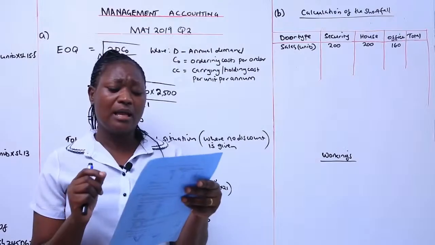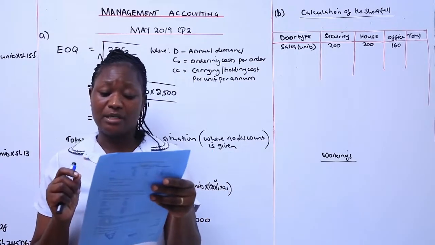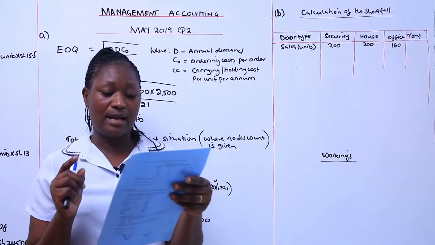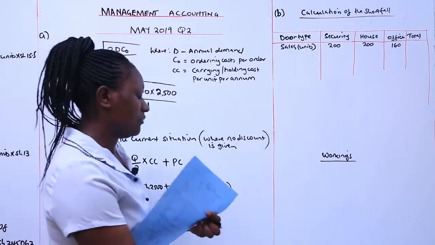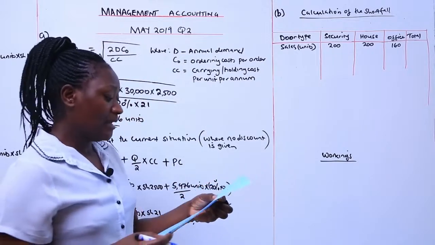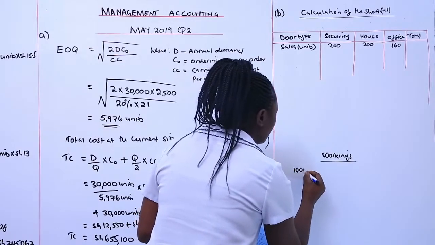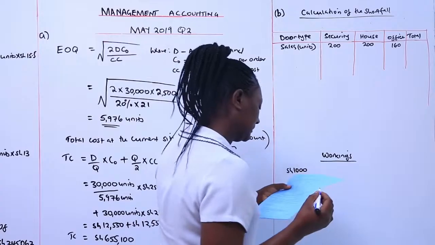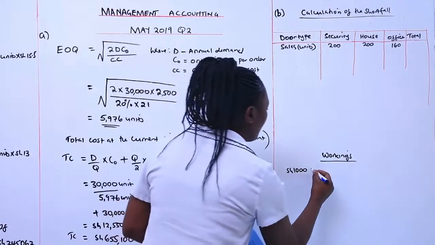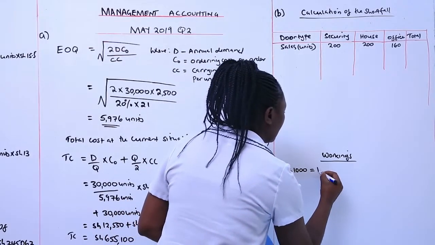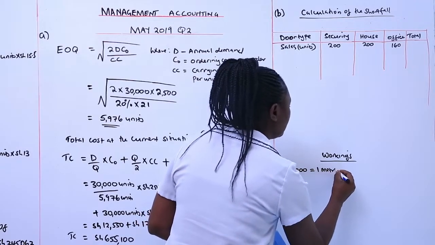So we want to know what is the quantity of iron sheets that is required in the production of 1 unit of this product, or in this case, doors. If 1,000 shillings are required in the purchase of 1 meter of these iron sheets,